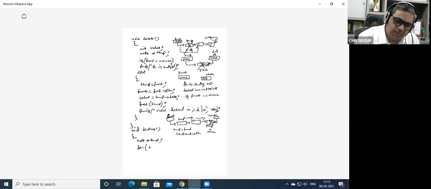If you are taking a for loop, then temp is equal to front, then temp is not equal to null, and temp is equal to temp arrow PTR. What are we doing? One statement, printf percentile d slash t. What is it that we are printing? Temp arrow data.